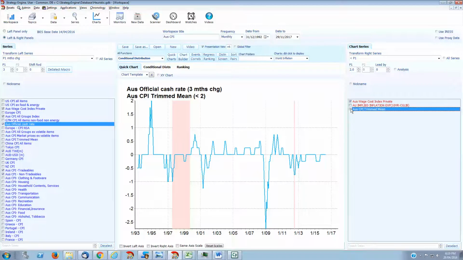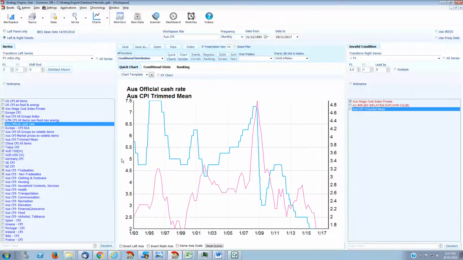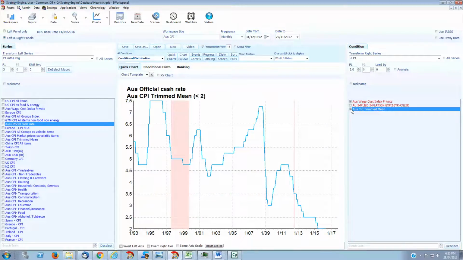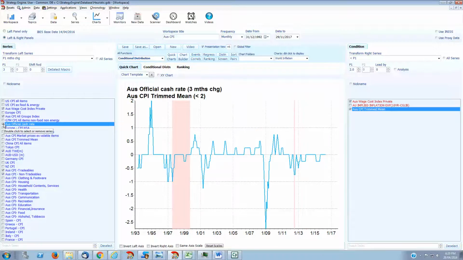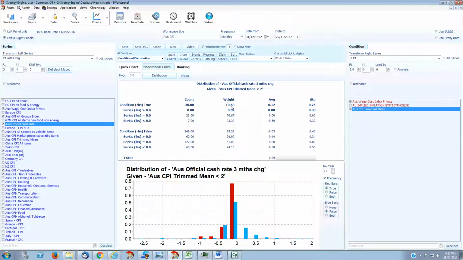Let's just show the two charts together. So that's the raw chart. The blue line is the cash rate. The CPI trimmed mean is the pink series. So if we're now looking at when that's below 2%, as it is at the present time, what has actually happened to the official cash rate? When that's been true, and it's been true about 10% of the time, yes, on average, cash rates have declined over a 3-month period. We're looking at about 23% of the time. But they've also declined when the trimmed measure has been above 2% as well. So it doesn't have a high T-stat. So it doesn't look to be a particularly strong